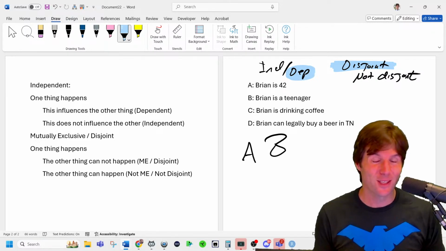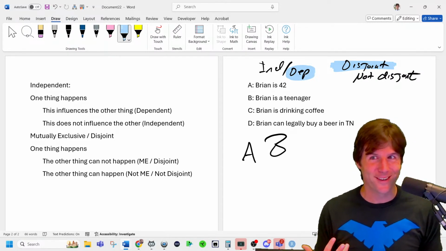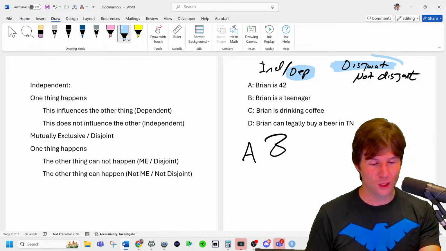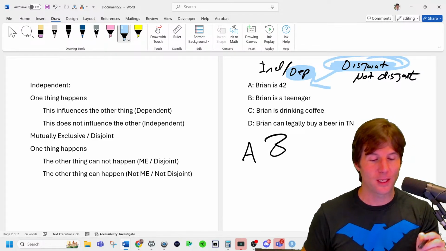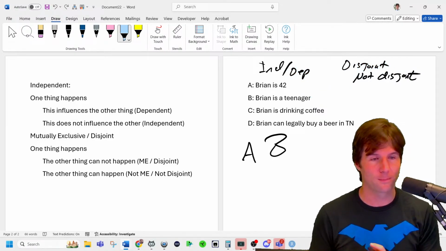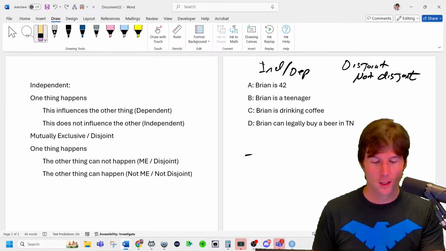Now, that does actually mean disjoint too, because it means the probability went to 0, but it also means dependent. So all disjoint things, by virtue, if you know disjoint, it does mean dependent. But be careful, if you know dependent, it doesn't mean disjoint. We talked about some of those earlier today. We might have one of these here. Let's do